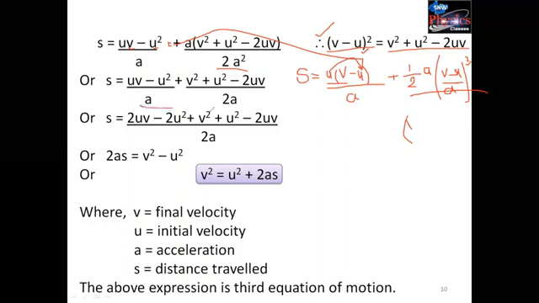इसे सॉल्व करने के बाद हम लोग क्या करेंगे, we will take the LCM of a and 2a. यहाँ पे हम लोग LCM लेंगे a और 2a का, then we will get 2a and we will multiply this expression by 2, because here it is a, यहाँ a है और यहाँ 2a है, तो इस 2 को यहाँ पे हम लोगों को मल्टीप्लाई करना होगा। ओके, so we get 2uv minus 2u square plus u square v square u square minus 2uv, यहाँ